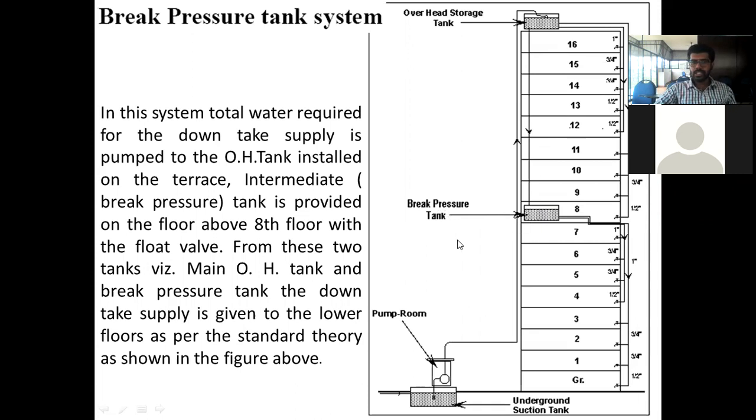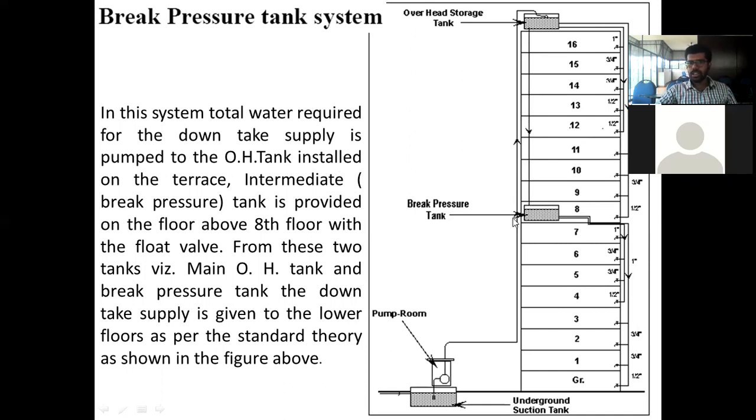So instead of this pressure reducer valve, what we can do is, from the underground tank, with the help of a pump, we can pump it to the top tank. From there, one connection we can give to the tank on the 8th floor. From that 8th floor, we can give individual lines to the first 4 floors, then again one line to another set of 4 floors. The same way you can take this pipe and give it to the 8th floor, 9th floor, 10th floor, 11th floor. Another you can take and give for the 12th, 13th, 14th, 15th, 16th floor.